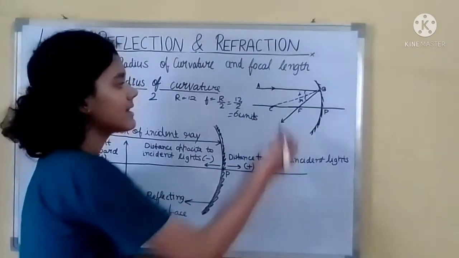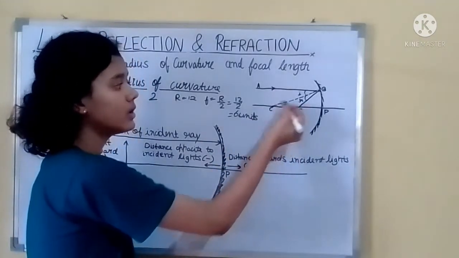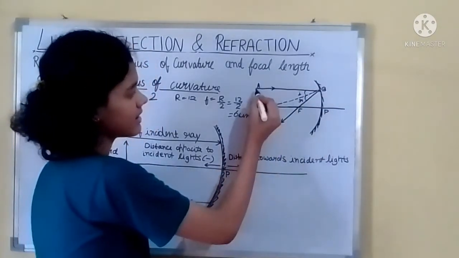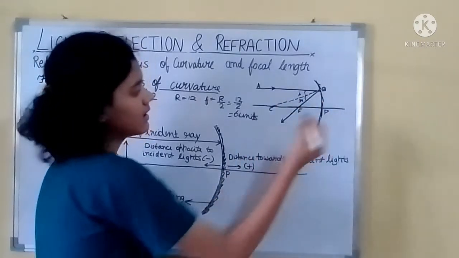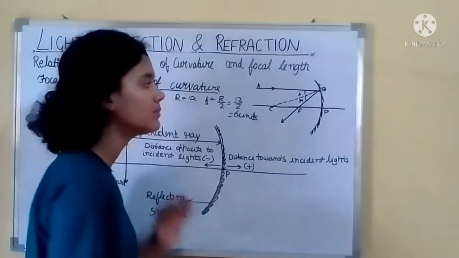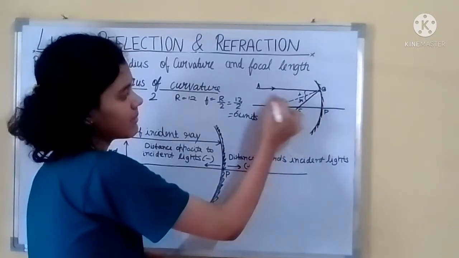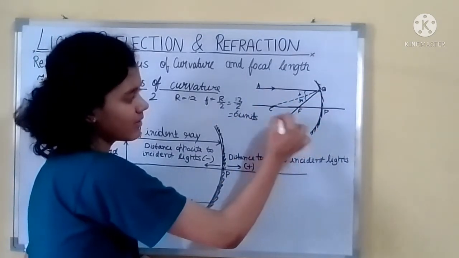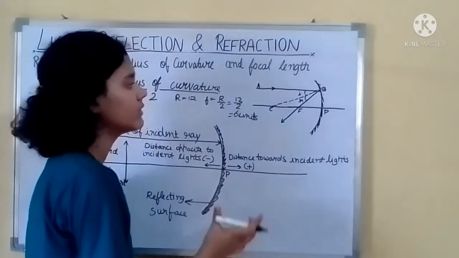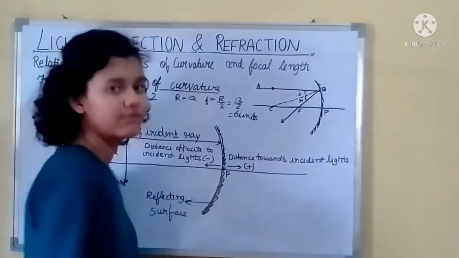Okay, and yes, this C, center of curvature, is the normal of the spherical mirror. Like this, see over here, this is a parallel ray coming, then the reflected ray is going in this direction by passing through the focus. And over here you can see that this dotted line is drawn at angle ABF, to show that CB is the normal, and angle of incidence is equal to angle of reflection.